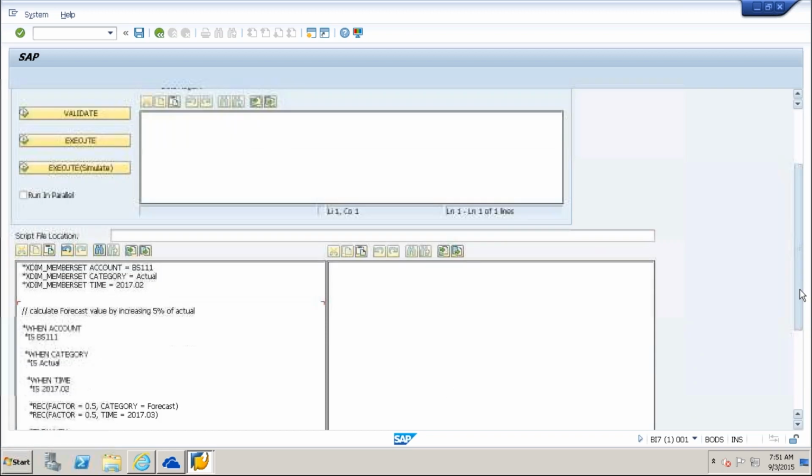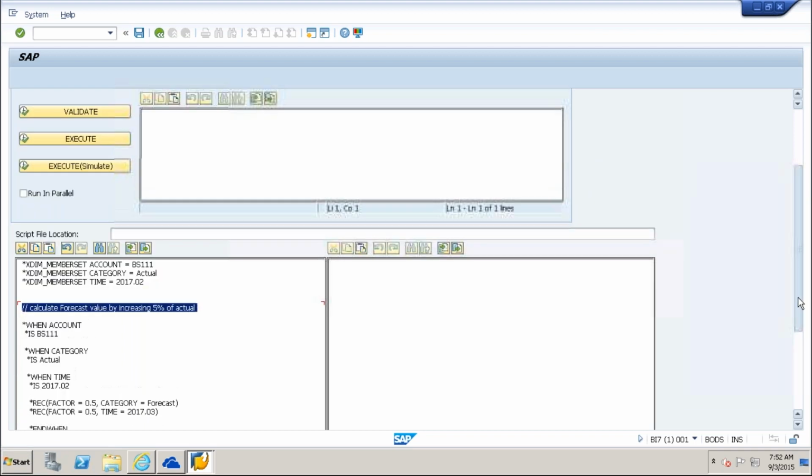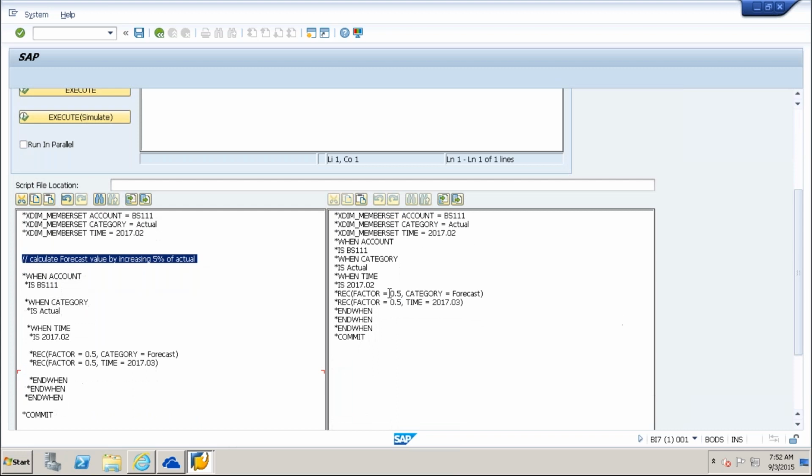If you want you can keep this, or if you don't want you can remove it. That's your wish. So this is my script, which I copied and pasted here, and it is also validated. Once again you validate here, so that when you click on validate, all your script will appear on the right side.